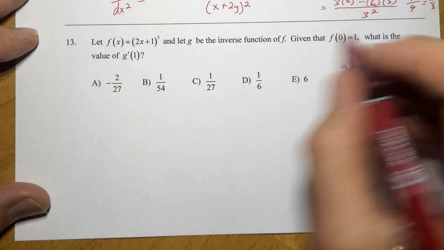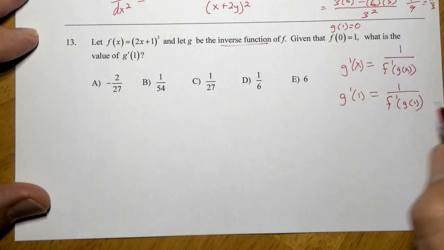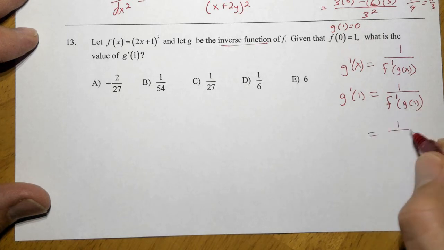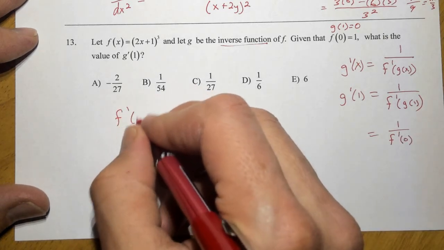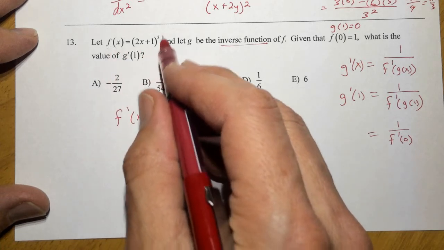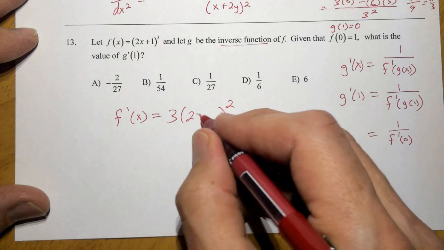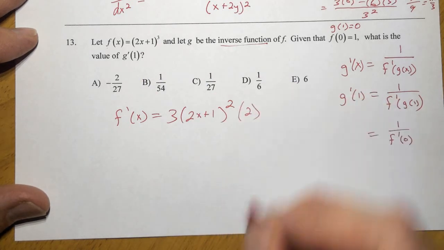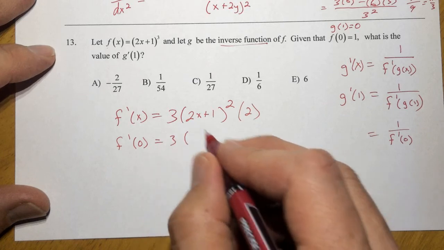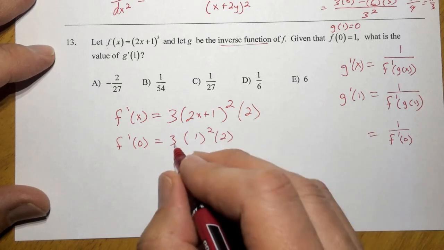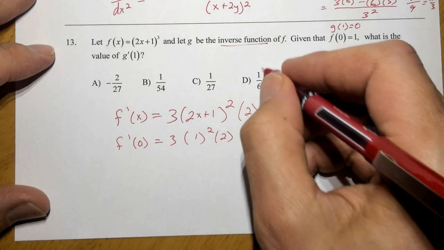We're told that f of 0 is 1, but since g is the inverse of f, that means g of 1 is equal to 0. So this g of 1 right here is now going to be 0. So we have to plug 0 into the derivative of f. So let's get f prime. We see that f of x is 2x plus 1 all cubed, so that derivative will require a chain rule. Derive the outer with respect to the inner times the derivative of the inner. Now we want f prime of 0, so that means we're going to have 3 times 0 plus 1 squared times 2. So obviously that's going to be 6. So f prime of 0 is 6. So 1 over f prime of 0 is 1/6. And the answer is